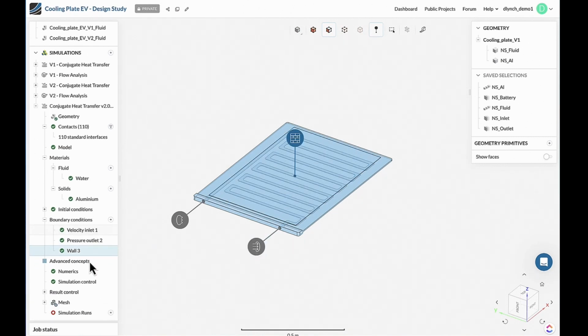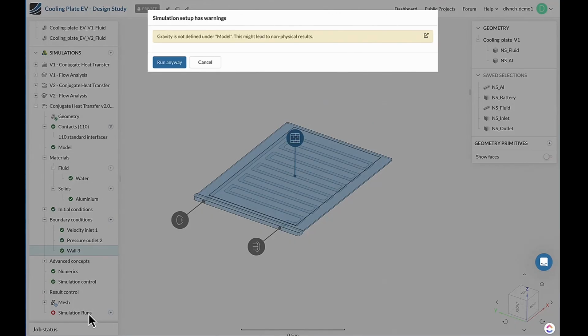Now, I've done something wrong here, and I've done it deliberately, because when we come to checking our simulation setup, we don't want to start a simulation for it to fail later because of something that we could have caught at this stage. So we do that check for you. Press the stop, press run simulations. Anything in orange is going to be a warning. Anything in red is going to be something that we really do need to address before we start simulation.